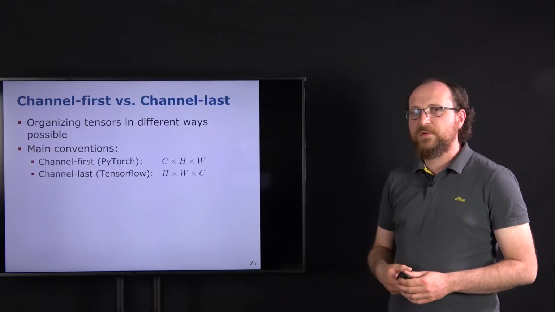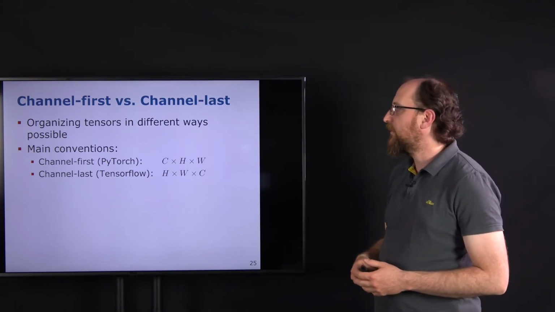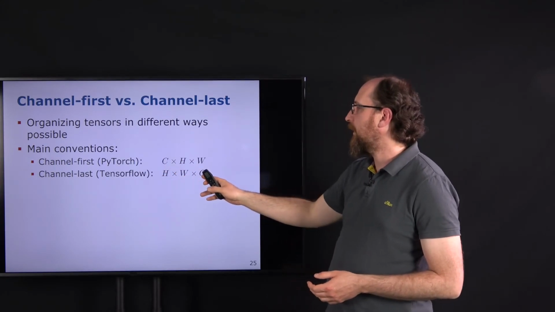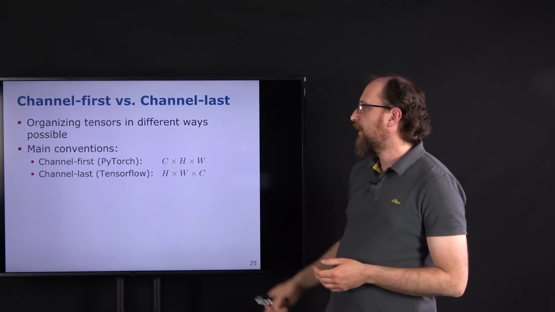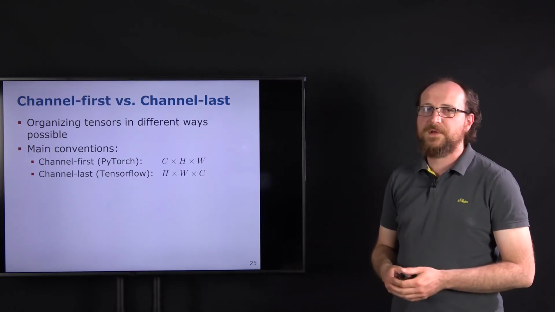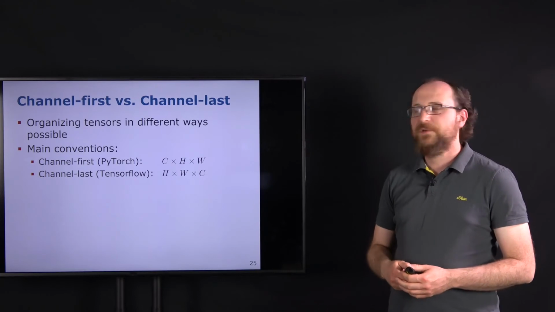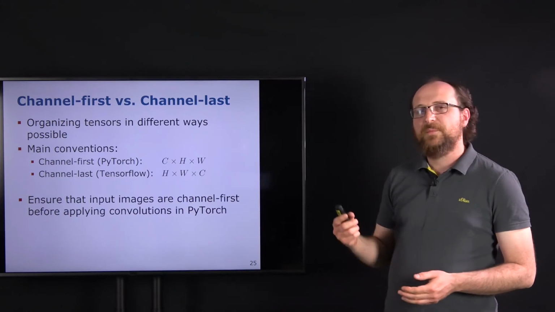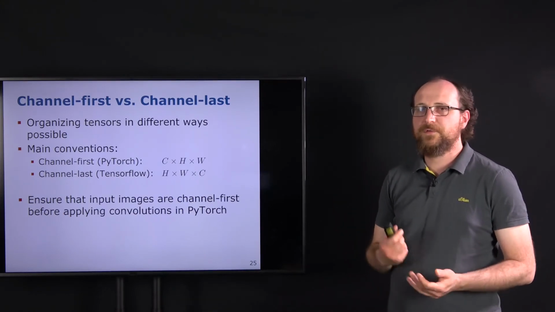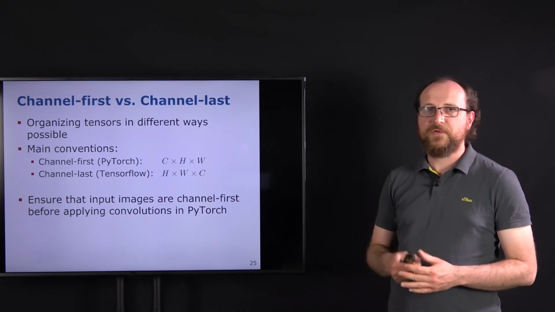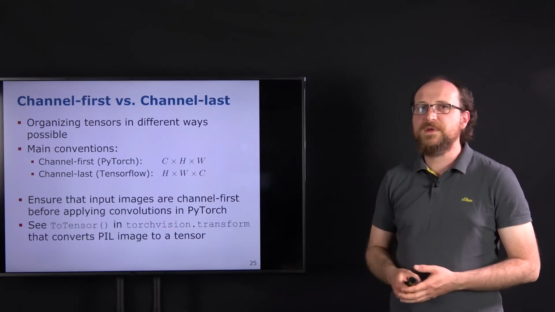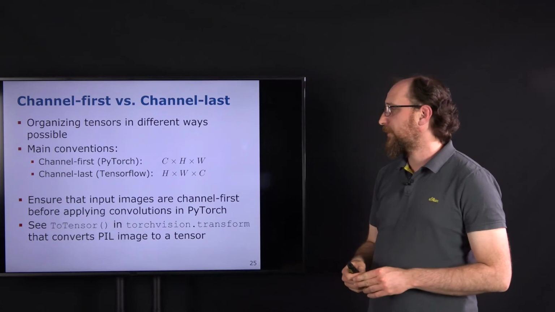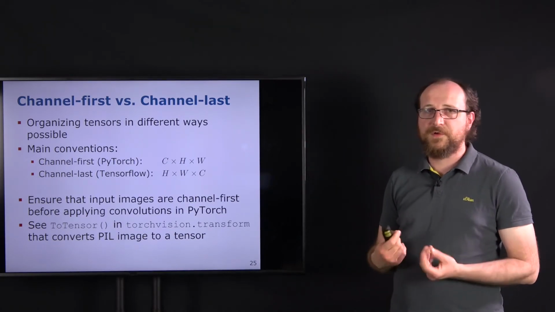As you have maybe noticed in the slides, I'm using the so-called channel first notation, so that the channels always come first. But it is also possible to have channel last. The conventions are that PyTorch is always channel first, and in TensorFlow we have the channel last convention. That means before you apply the convolution in PyTorch, you have to ensure that the channel is in the first position. Usually when you read an image, you have to convert the channel last convention to channel first, and there are methods to just swap the